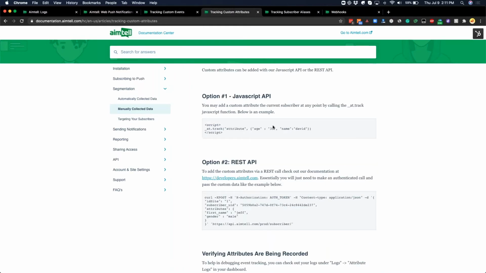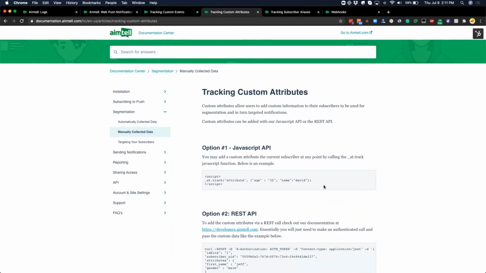Now what about tracking custom attributes? Similar sort of vein. Custom attributes are different to events because their two main purposes are passing into notifications and segmentation. For instance, a custom attribute could be, if you're a lead gen site or an e-com site,